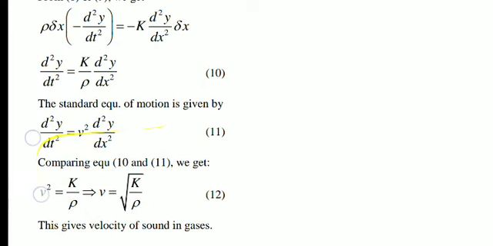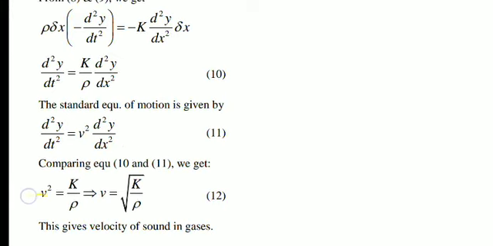Now observe this particular equation. You see, the function y is changing with respect to time. The function y is also changing with respect to position. So it is nothing but the function y simultaneously changing with respect to space as well as with respect to time. So this thing is nothing but one kind of wave, and this k by rho must be related with the velocity of wave, because we have seen the standard equation of wave, which I have represented in the first slide itself, that d2y by dt square is equal to v square d2y by dx square. This is the standard wave equation.